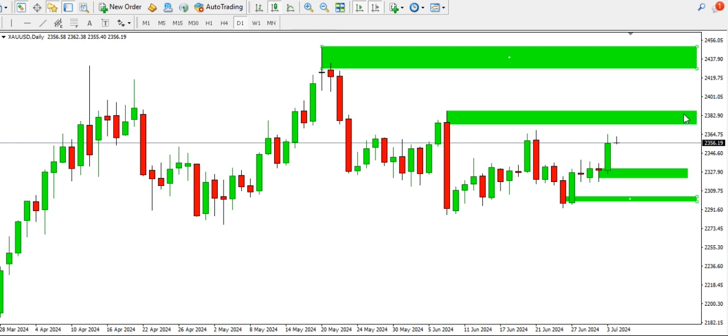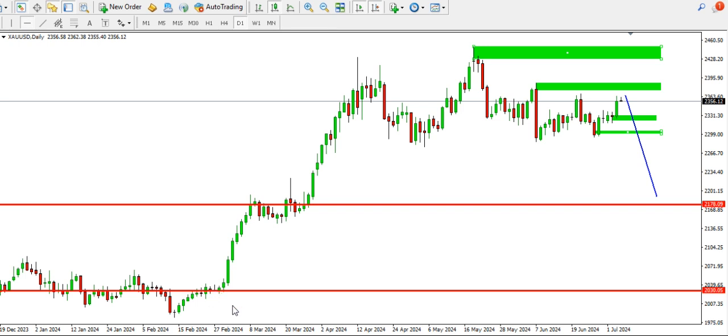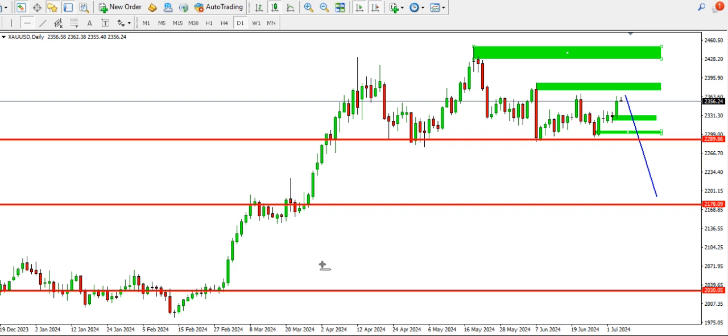Price is still within the range, so there's still a likelihood of price strongly dropping down to this particular order block. I'm talking about this order block here, 2178 zone. There is also another order block at this particular area, 2030 area. So price might likely test this area, but price would need a strong impetus to achieve this bearish movement, because we have so many buyers stationed where buyers are positioned. We have buyers at this level. Many buyers are stationed at the 2289 level to prevent collapse of price,